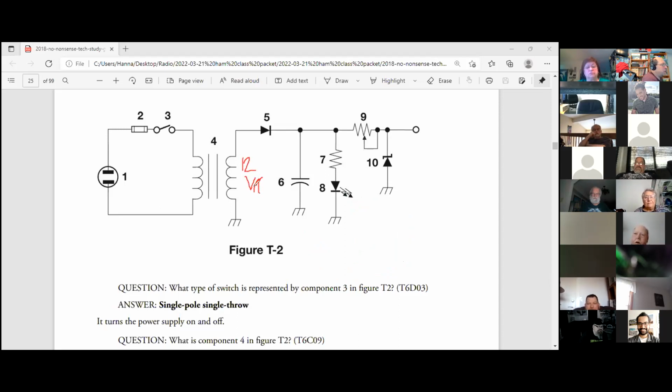Okay. Now we're going to start to get into some really cool stuff, because if I were to draw this, it would look like this. Here's my sine wave, and it would go plus and minus. Well, what is this device number 5 up here, everybody? Diode. A diode that has a plus side and a minus side. If I get a plus over here, that means the diode is happy and I get current flow through it. But if I get a minus over here,